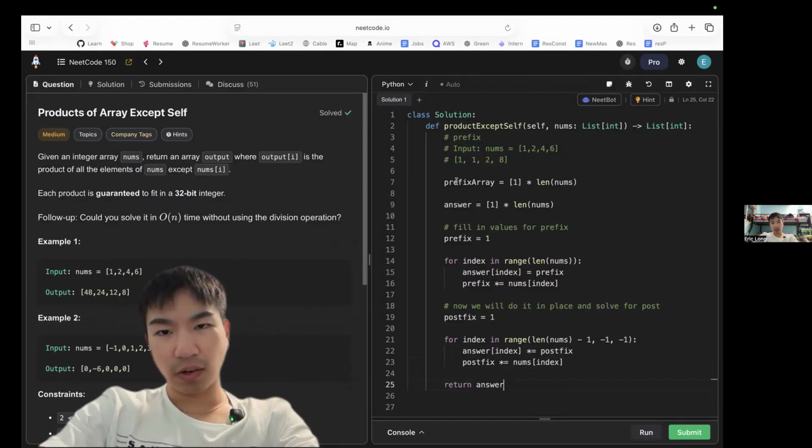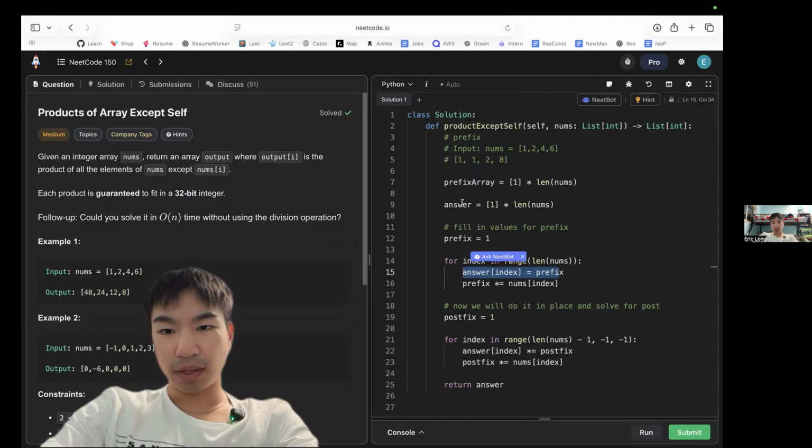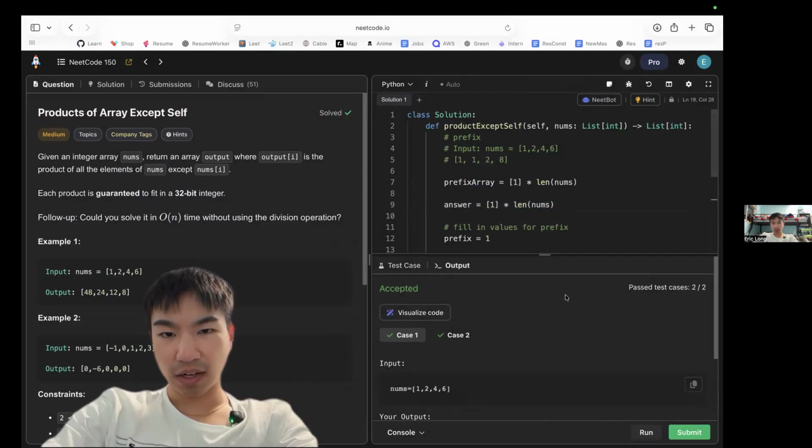And let's go do a quick run. Okay, so we made the prefix array. We initialized it with ones. Okay, that's pretty good. That's why we could iterate through this right here. And we go ahead and have answer, and we iterated through that. And let's go ahead and just run our